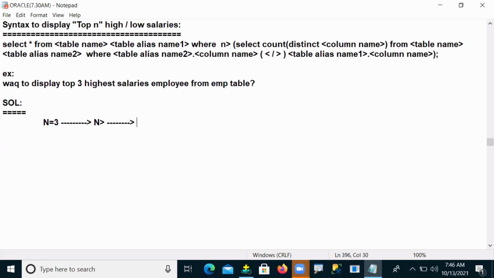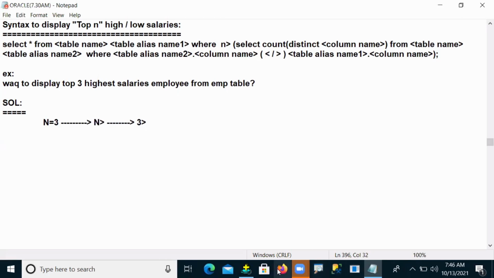So now we are passing 3 greater than. If top 3 means n equals 3, you have to substitute that in your formula, n greater than, which is our logic. Understand my point now? So 3 greater than we have to use. That's it. Remaining all are the same.